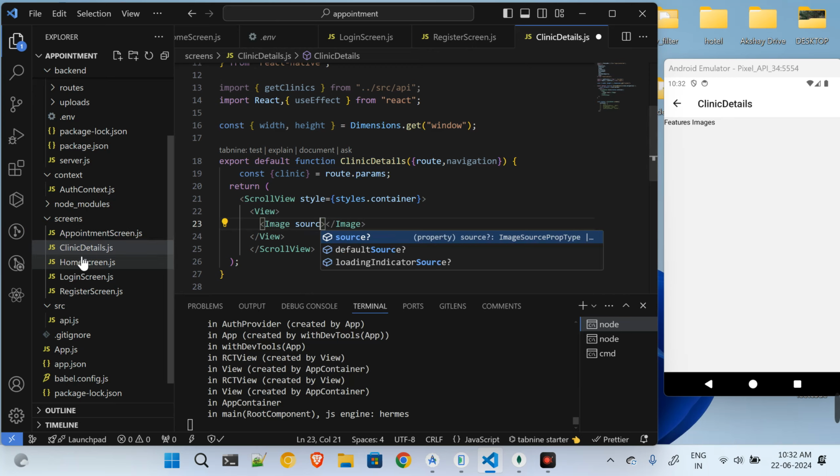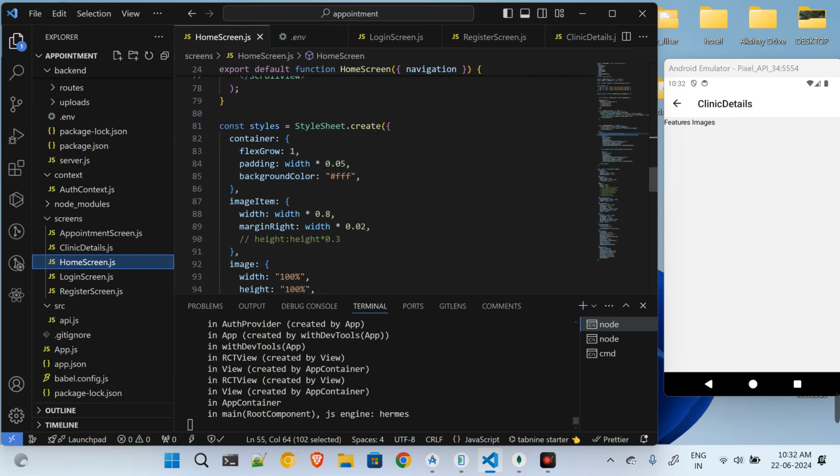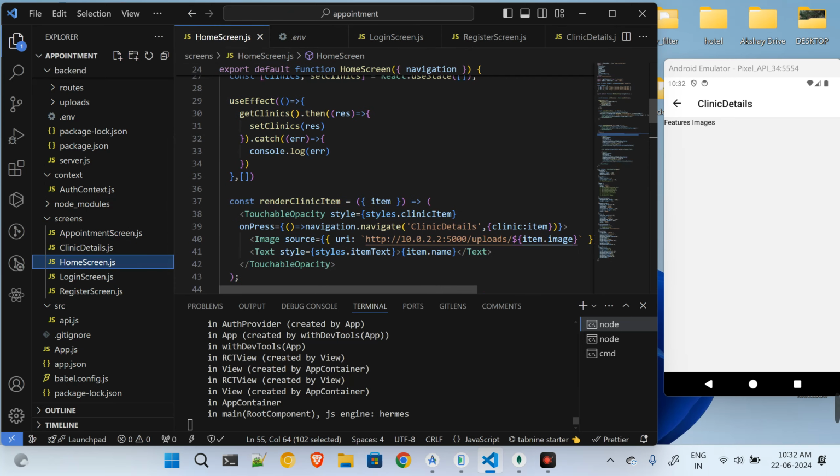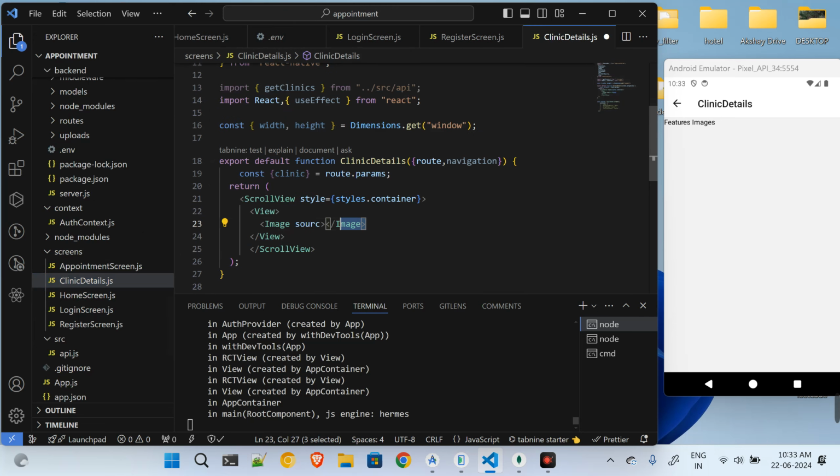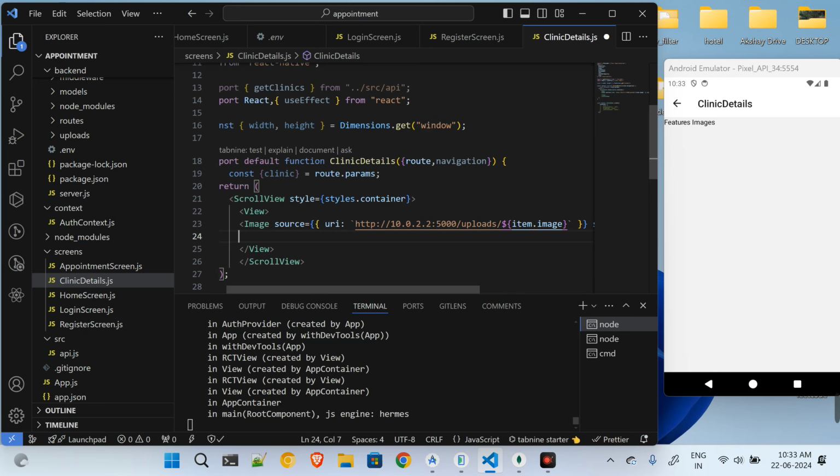Okay, so I'll do one thing. I'll copy it from here only. So we have made use of this image somewhere. I'll make it the same image, and then I'm having the text as item name,